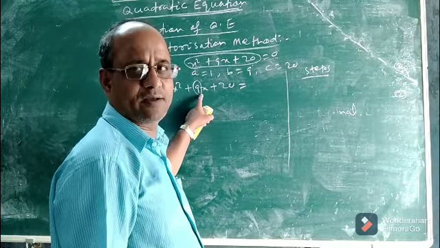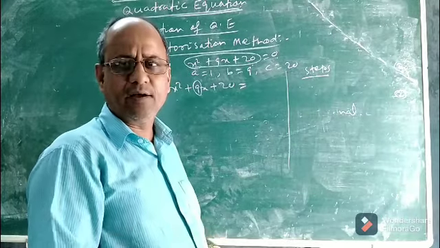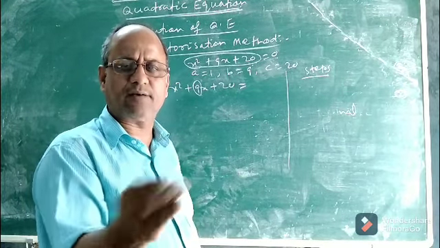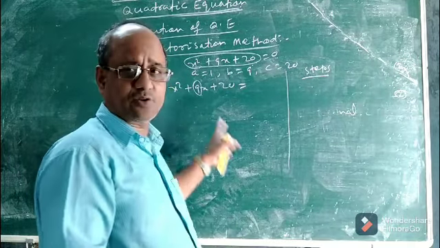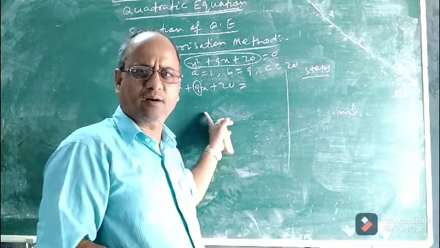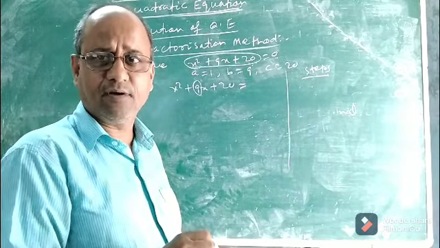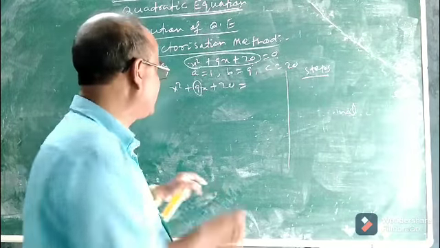See, what is the middle term? Here the middle term is 9 and we have to split or break 9. So how can we break? 9 can be broken in several ways: 5 plus 4, 6 plus 3, 7 plus 2, 11 minus 2. So in a variety of ways we can break 9. But what is the correct step? What is the correct process of splitting or breaking 9?